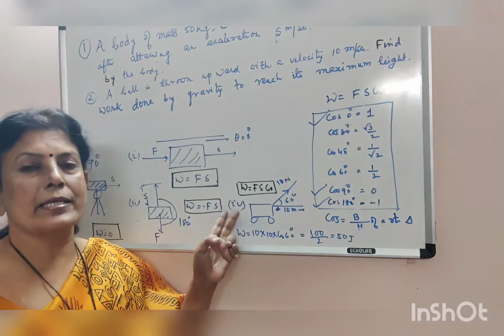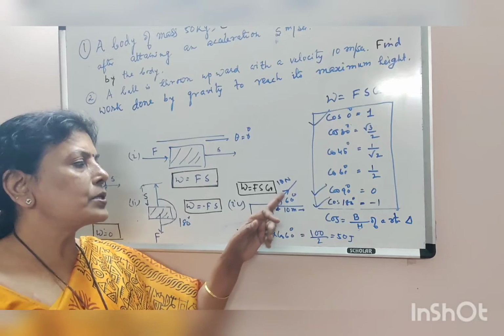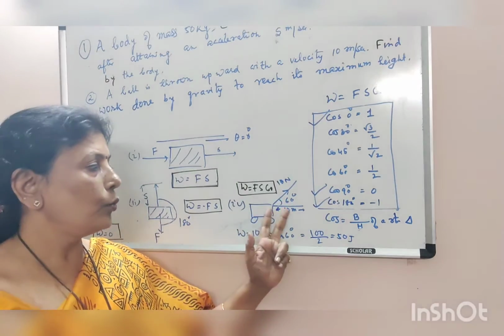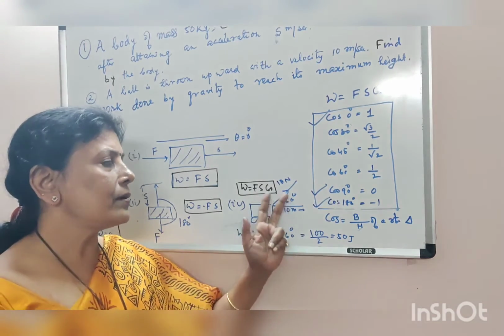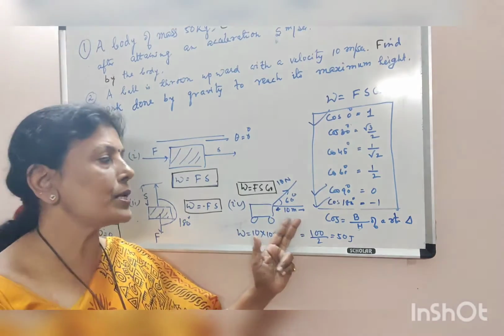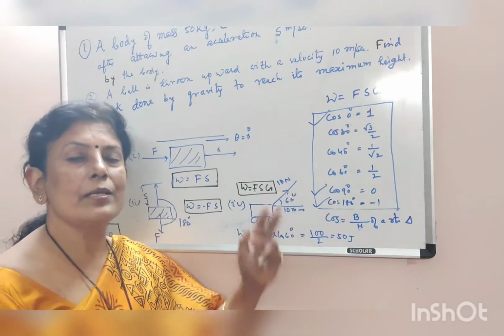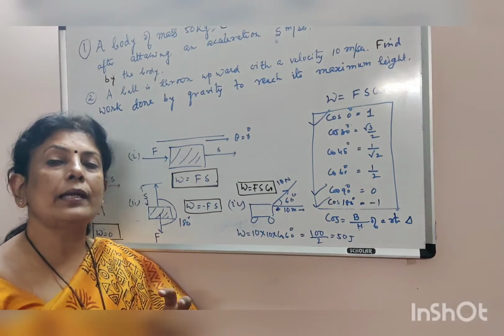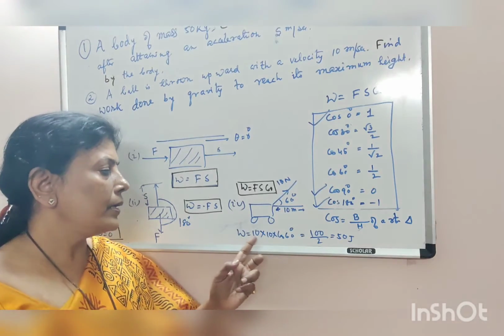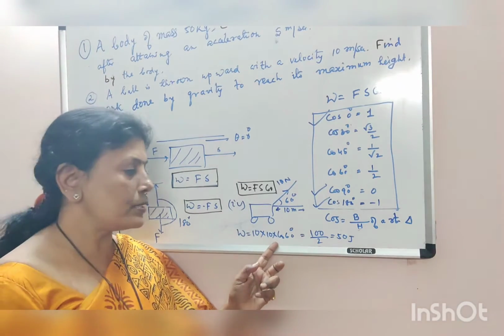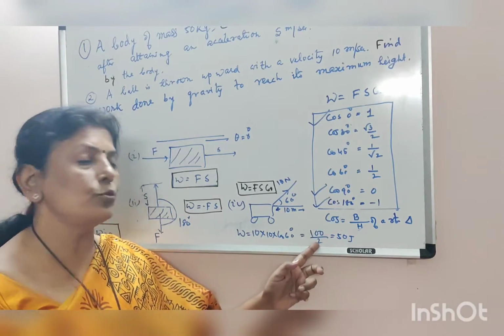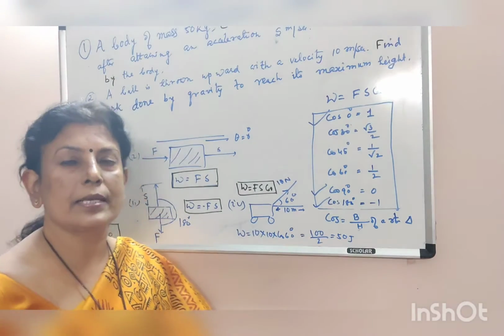Just a fourth case we may discuss, where a child is pulling a toy car by making an angle of 60 degrees with the horizontal, and as a result the toy car travels 10 meter distance and the child applies 10 Newton of force. Then what is the work done by the child? Work done is equal to F into S into cos theta. Here F is equal to 10, S is also 10, and cos 60 is equal to half. So 100 by 2, that is 50 joule of work is said to be done.